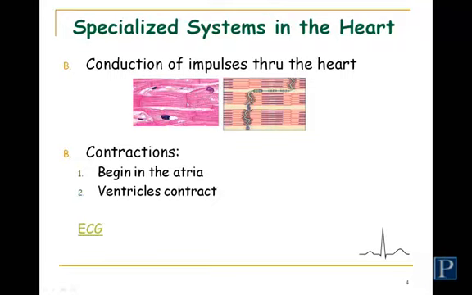These gap junctions allow the electrical activity to move from cell to cell fairly quickly and allow the heart to work as a unit. Now I have a very short animation which will show you the idea that when you look at contractions within the heart, you begin with the atria and then the ventricles.